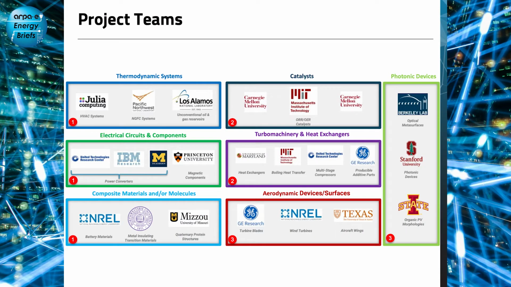The energy challenge problem areas we're pursuing within the program include system architecture designs for electrical circuits as well as thermodynamic systems. We're also trying to design molecules for various applications. We're also trying to develop materials in a range of applications. Catalysts in particular are a common theme through at least 3 of the Differentiate projects. We're also looking at aerodynamic surfaces as well as heat exchangers, and even trying to design aerodynamic or gas turbine compressors more efficiently. So really a range of energy challenge problem areas, kind of across the board.